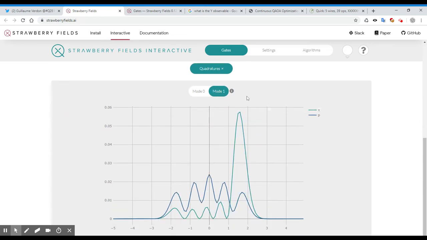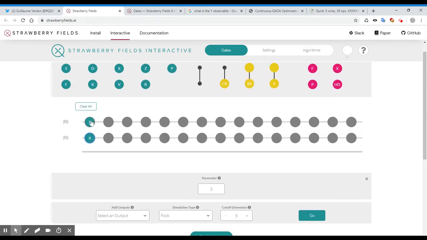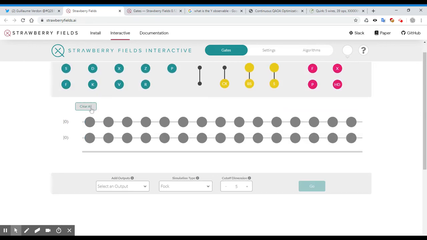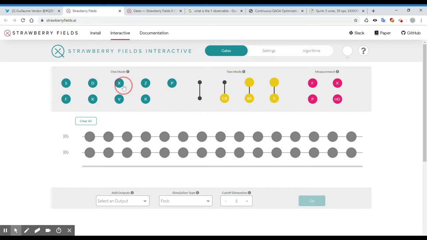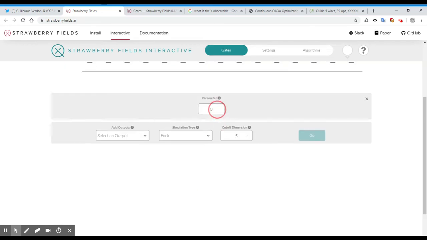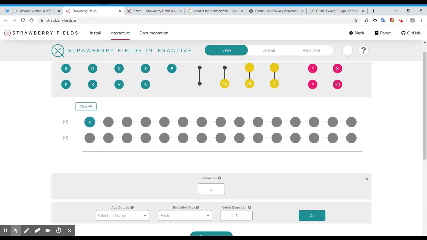Yeah, kind of. Let's say I'm not going to worry about displacing it exactly to 3, because it's too complicated right now. Sorry, I'll just clear all. Maybe I had to reset the H value actually. If I do a position displacement of 3, maybe that's the reason. Quadratures. Yeah. Good. So I have this in here, but I probably want to squeeze it a little bit more. So I'm going to squeeze that a little bit more